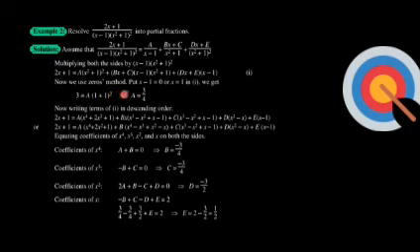Next we use the zeros method. First of all, put the linear factor x minus 1 equal to 0. It gives x is equal to 1. Put this value of x in equation number 1. It gives 3 is equal to A into 1 plus 1 whole square. On the left side, 2 ones are 2, 2 plus 1 is 3. Similarly, if I put 1 here, 1 square is 1, 1 plus 1 is 2, 2 square is 4.